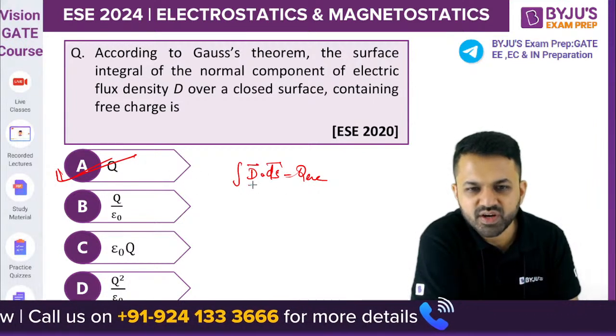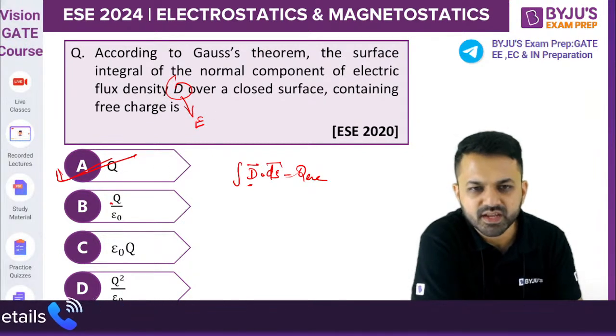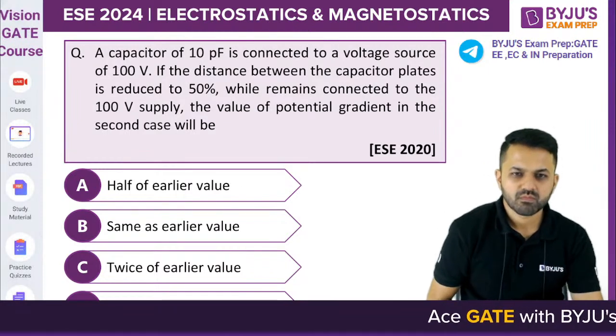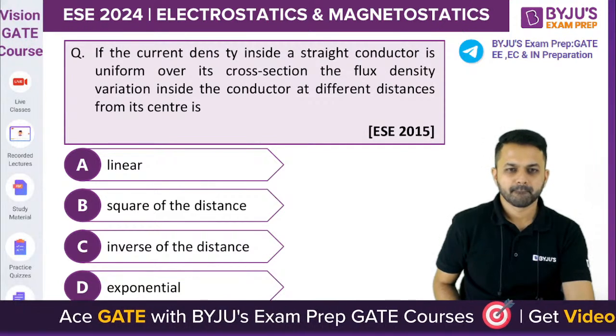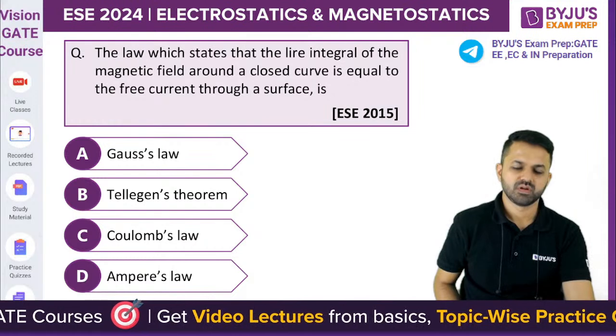क्यों आएगा? अगर यहाँ पे इलेक्ट्रिक फील्ड बोला होता, ये डी की जगह अगर ई बोला होता तो ऑप्शन बी आ जाता। ठीक है, तो चलो इसका आंसर बताओ।